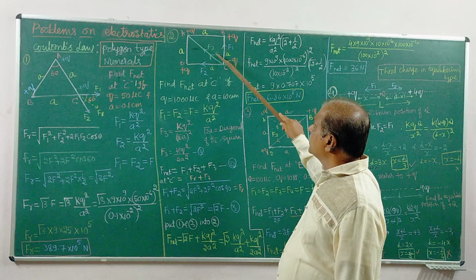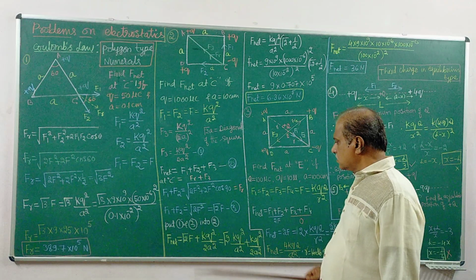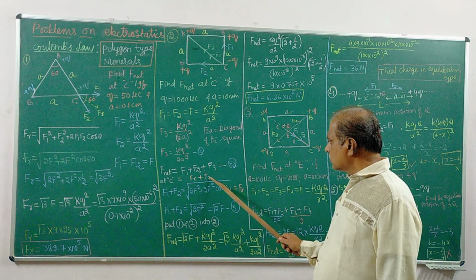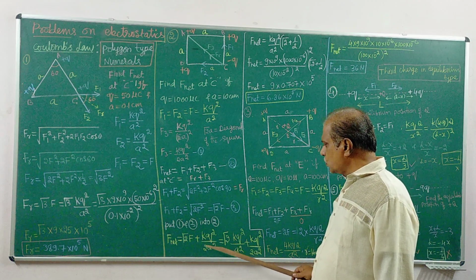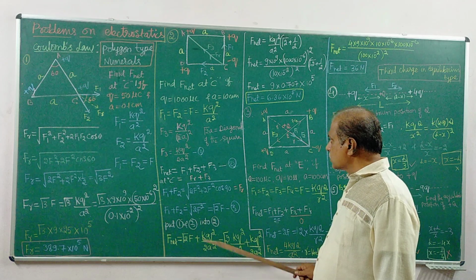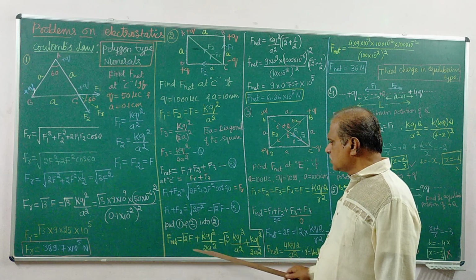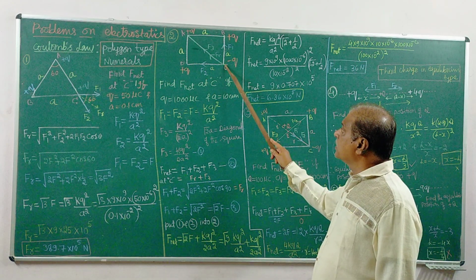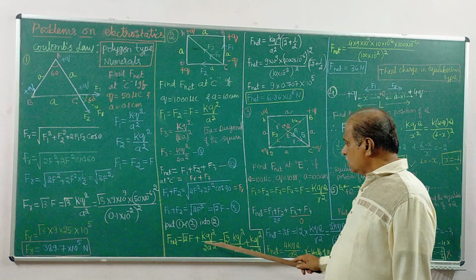Then the vector sum is just the sum of these two vectors, this vector plus this vector. The angle is 0, that is why. Just summing these two: root 2 F plus k q square by 2a square, that is F3. Then simplify. The net force acting at this point C is equal to, simplify,